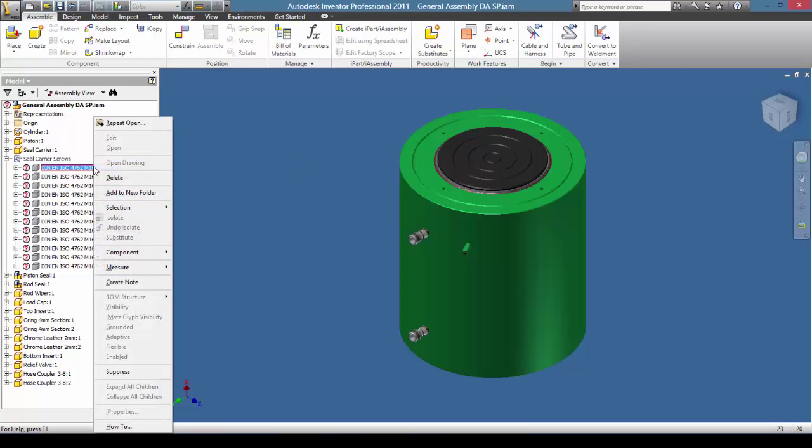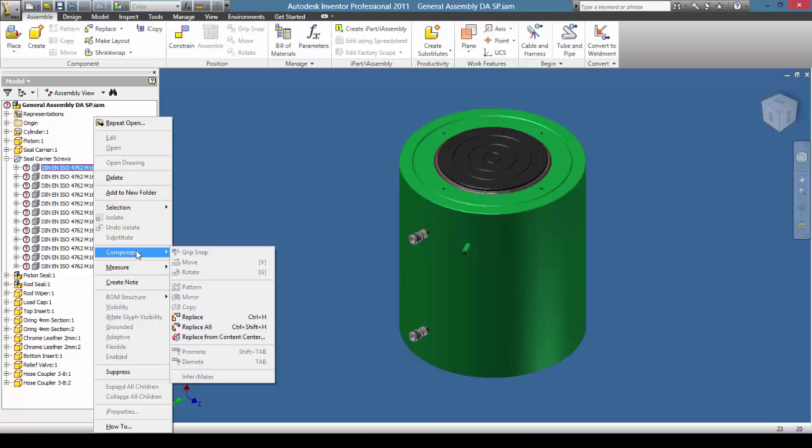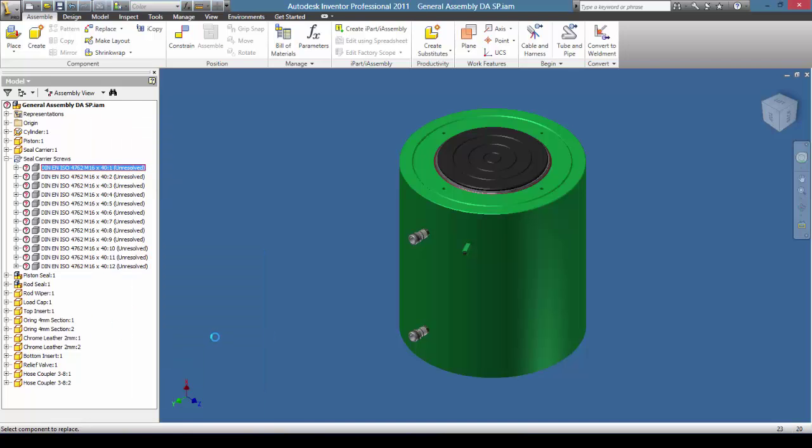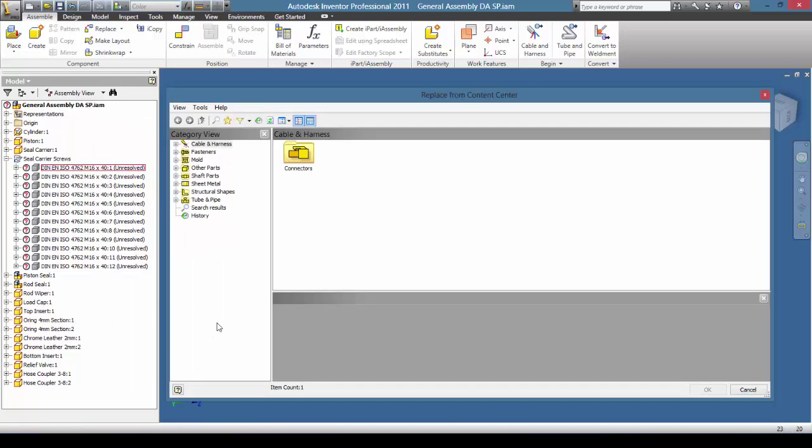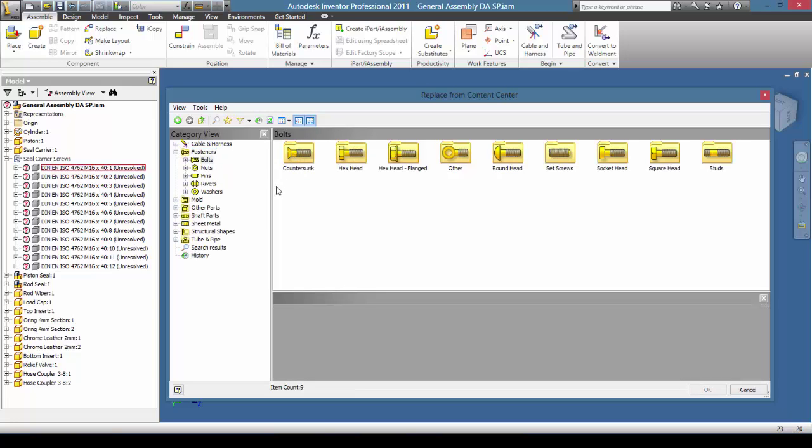Right-click the first unresolved component in the list, and select Component, and then Replace from Contents Center. The Contents Center library for the current version of Inventor will open in a window. Select Fasteners, Bolts, and then Socket Head, and then scroll down the window to select ISO